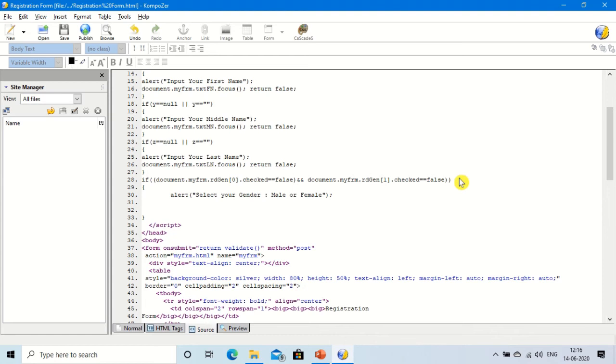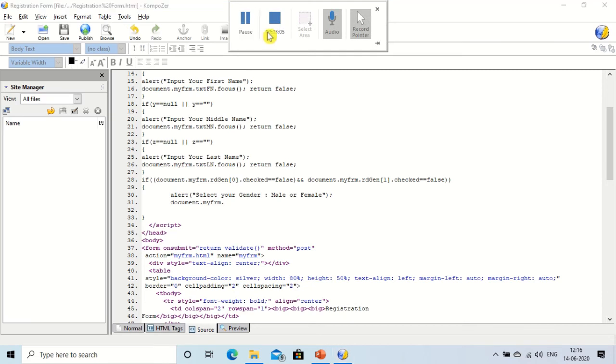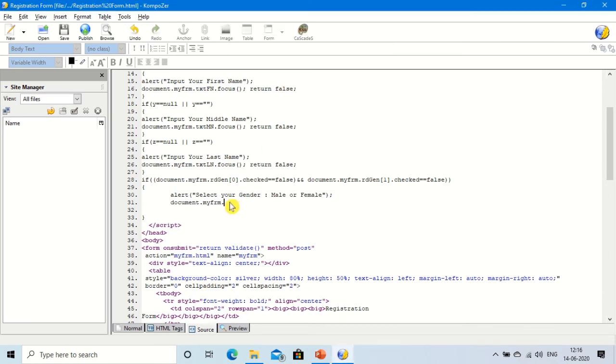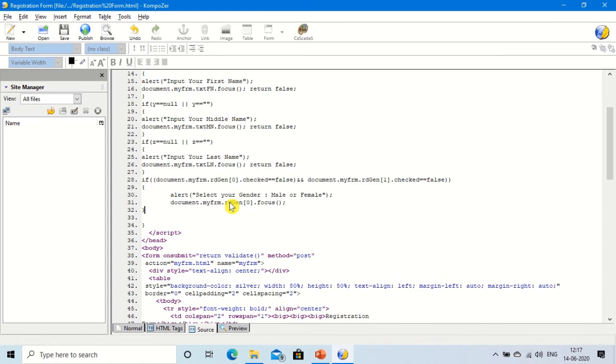Mention another document dot myfrm dot RDGEN, so that when the user is not selecting and clicks on the submit button, the cursor will jump to the radio button 0 dot focus. Close the curly bracket, save it,